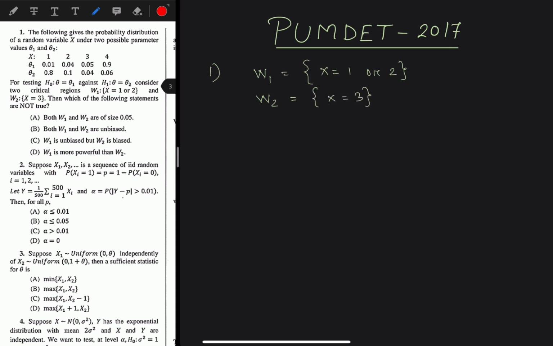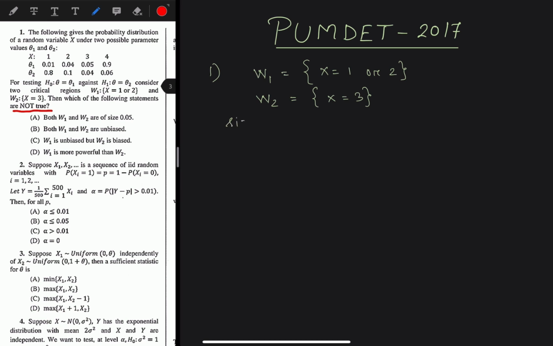Now if we see the options, we just have to find which is not true. We have to find the option which is not true, so we can verify those options. First of all, let